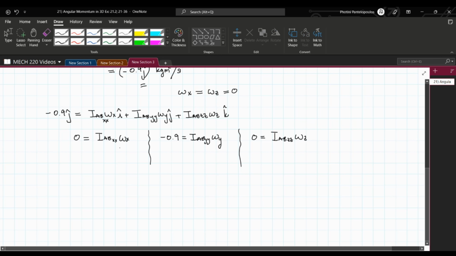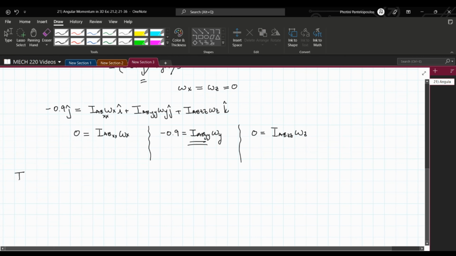And since the moments of inertia of AB at x and z aren't 0, therefore the angular velocities at x and z must be 0. So this simplifies our problem a great deal, because the only moment of inertia we have to find is at y. So in order to find the moment of inertia about AB,